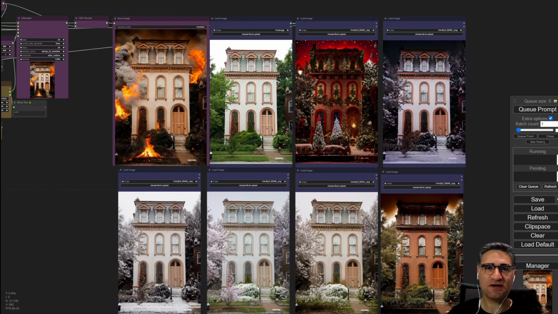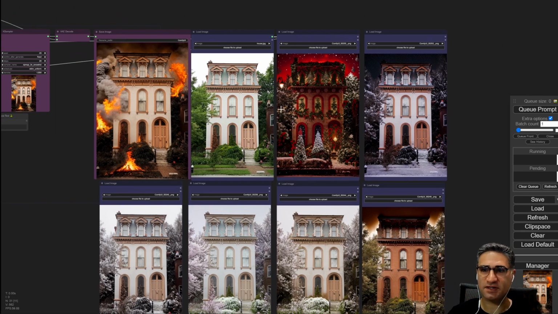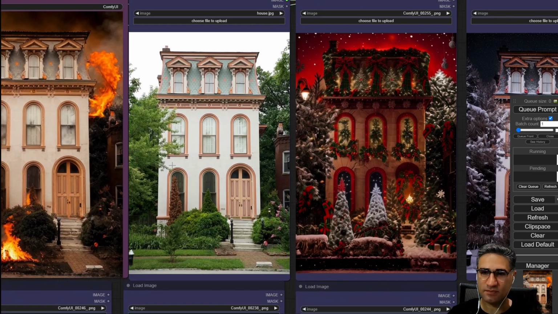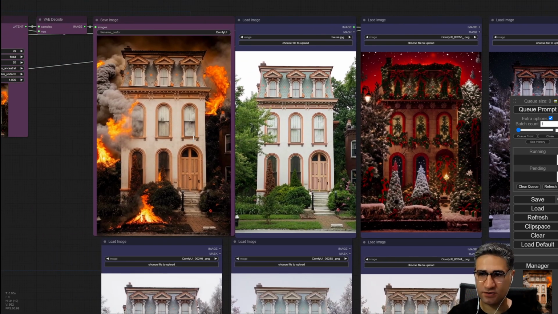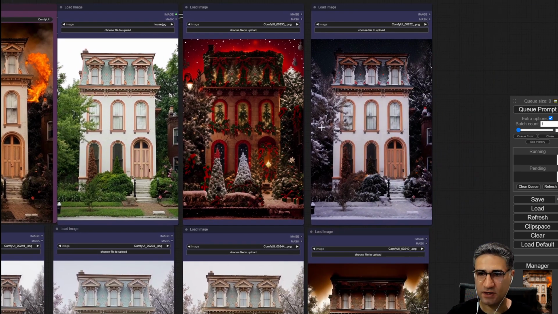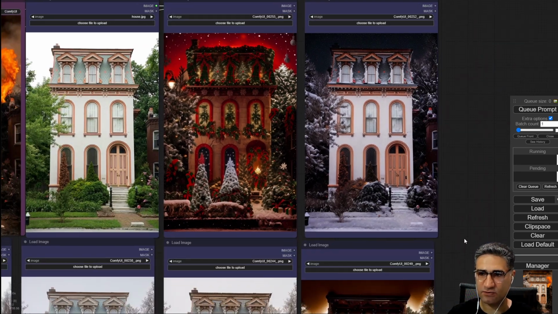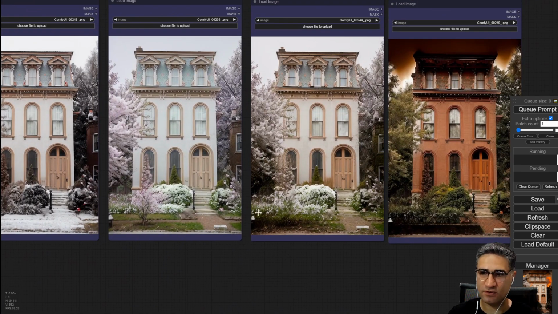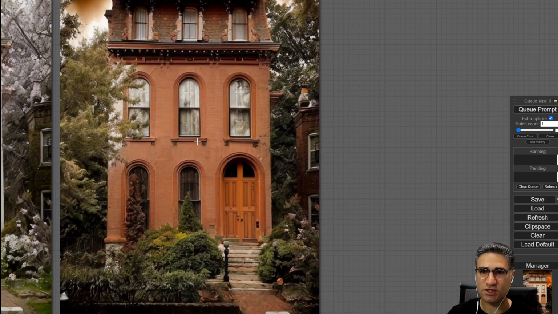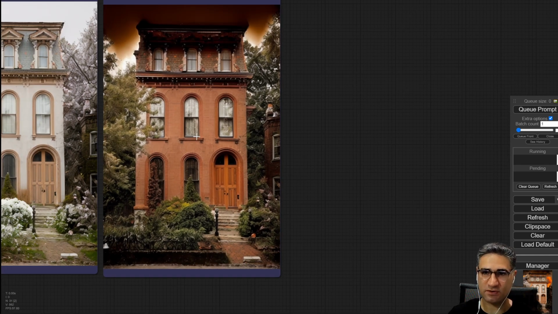Hello friends, today I want to show you how you can convert your images with a simple prompt to other scenes and some different effects. Okay, here this is my main image. And I turned it to fire or Christmas or night or snow or spring or changing the brick material. Okay,